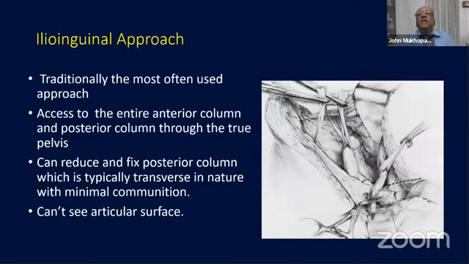Now, what are the approaches? I think the ilioinguinal approach has for long been the workhorse for these fracture types. Okay, so you can get access to the entire anterior column and a significant part of the posterior column through the true pelvis. You can reduce and fix the posterior column, which is typically transverse in nature. So you can very often get a screw across to the posterior column, and I'll show you an example of that. The only thing is,